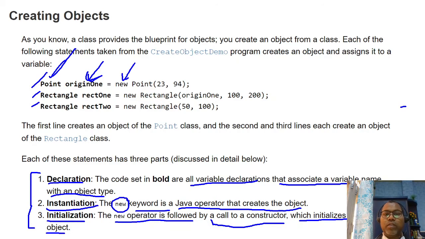Let's say in the case of your Point, we have a two-argument constructor. Whenever you are creating a new object here, it invokes the constructor of the Point class that has two arguments, and this is the input of that constructor. On the basis of this input, the object, this origin object one, is initialized.